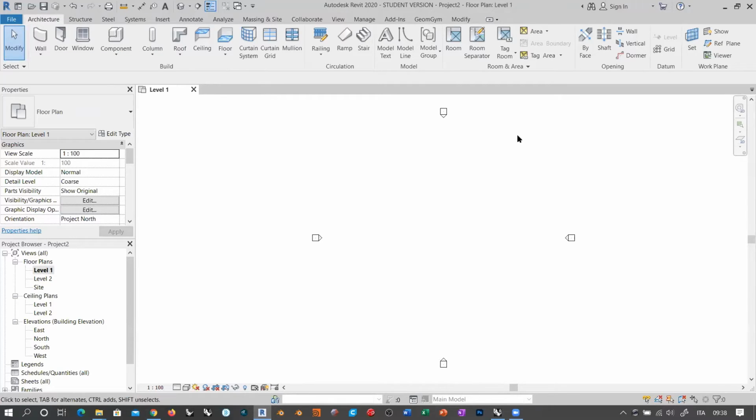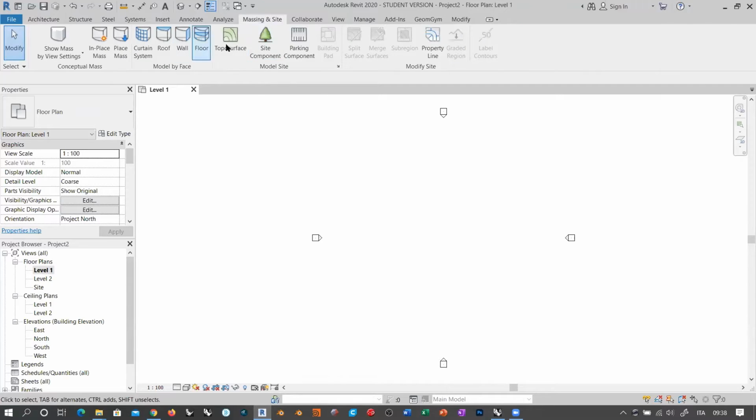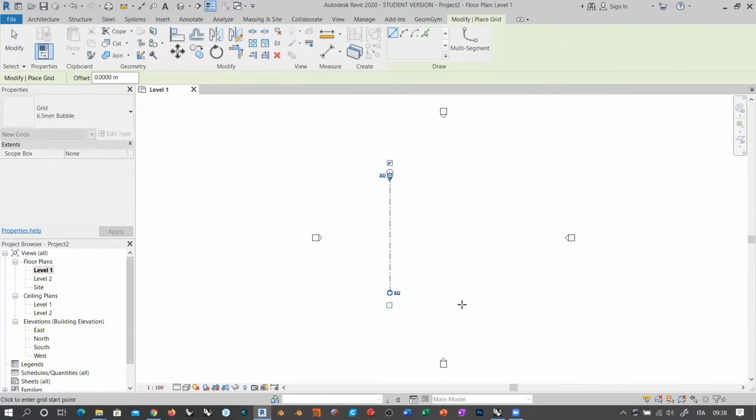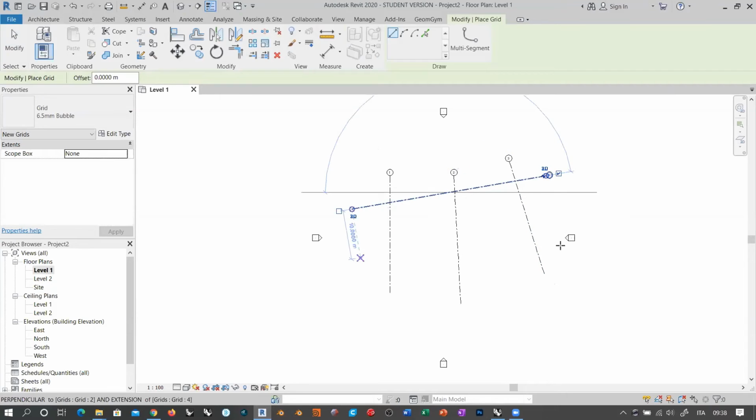Well, actually, the first step should be to create the site properties or site characteristics, like the topo surface or whatever, and then you switch to the architectural phase or structural phase, which would be more appropriate. But anyway, let's keep this like an architectural workflow. So you go and place grid lines, okay? And so this is the first step. You place grid lines, however you want to place them. And once you have the grid lines,